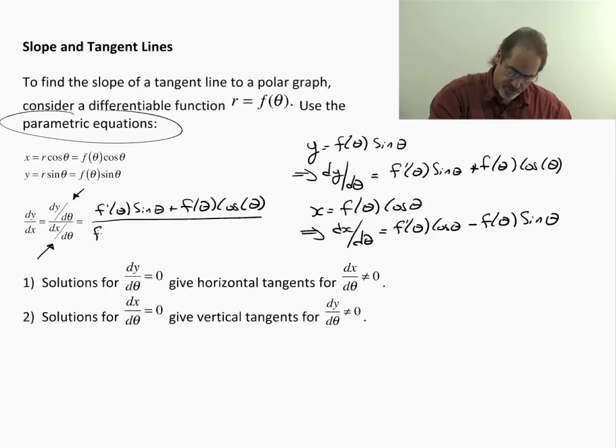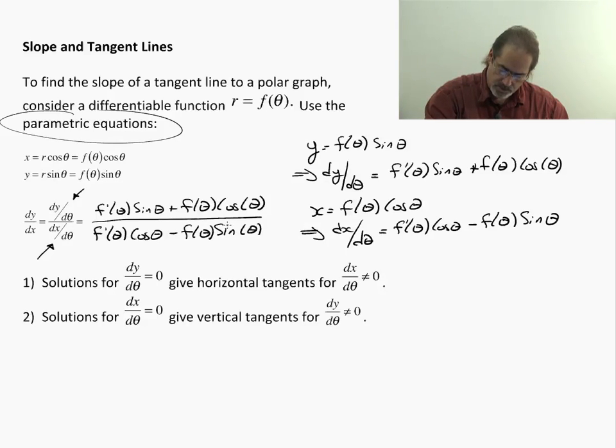So this is going to be f prime of theta cosine theta minus f of theta sine theta. So this will give me the derivative dy/dx at any point along that parametric or the polar